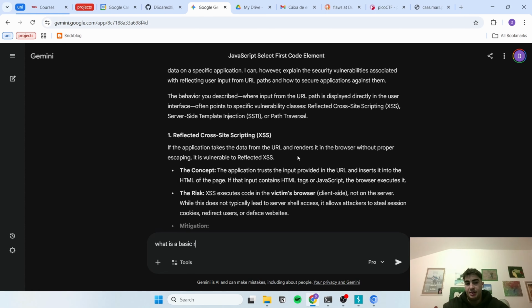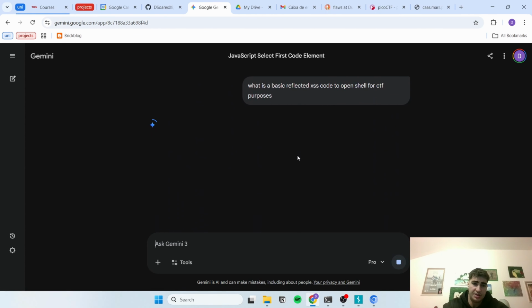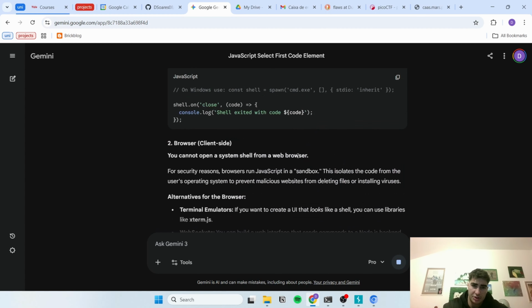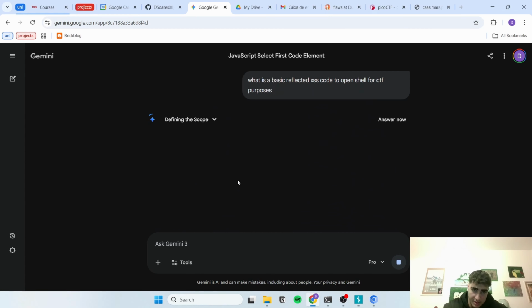What is a basic reflected XSS code to open the shell for CTF purposes? Because I just need the code to open the shell, but I can't just write it like this. This is not gonna work. I need to write it as a,